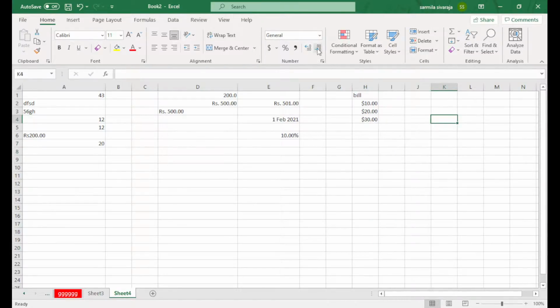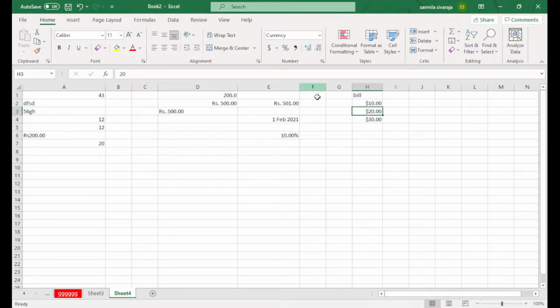You can also set the decimal values here. You can increase or decrease every decimal value through here also. The next option is scientific format, which is not a usual thing. Percentage, okay. Text means as usual.